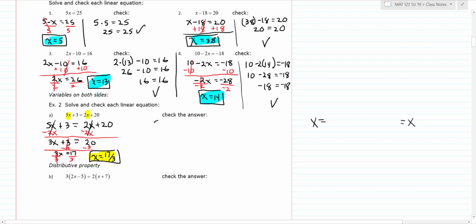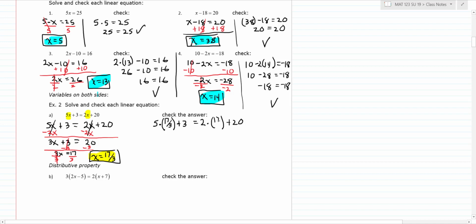Watch carefully. So we have 5 times the answer plus 3, and we're going to see if that's equal to 2 times the answer plus 20. All right, well, let's not use a calculator on this, okay? It's not necessary. So what I'm going to do is plug in the